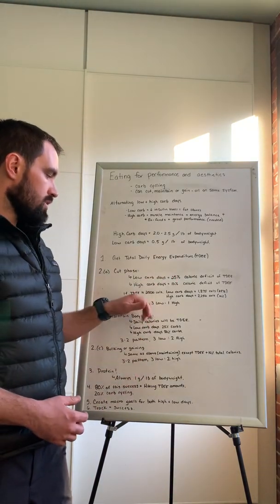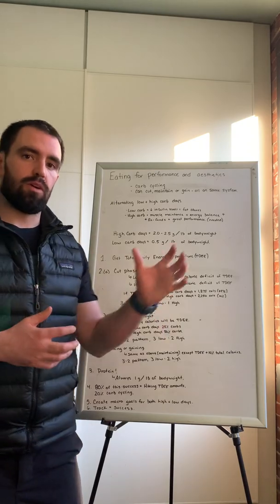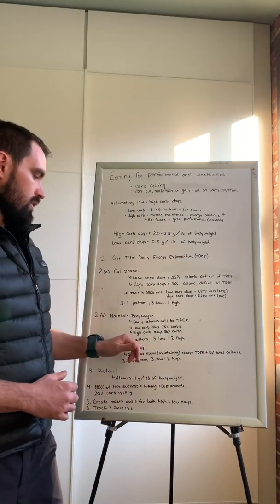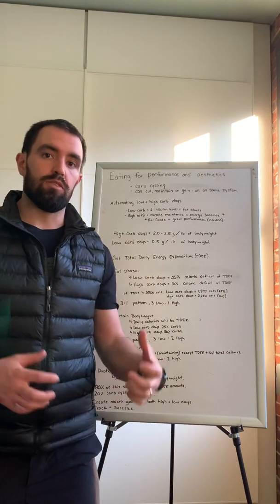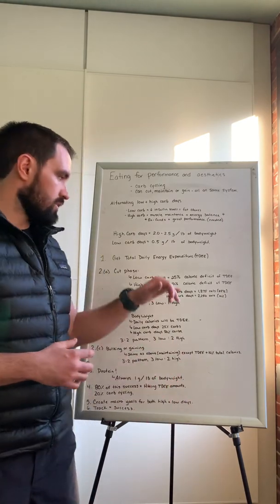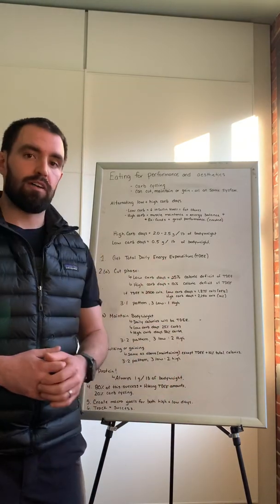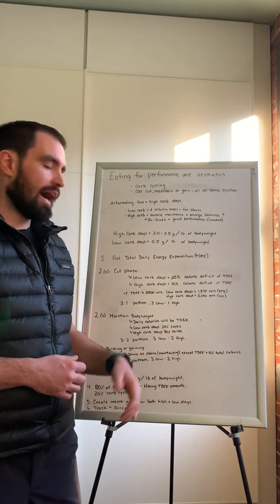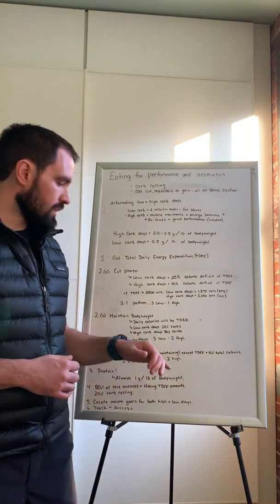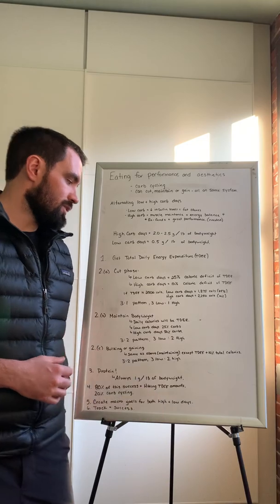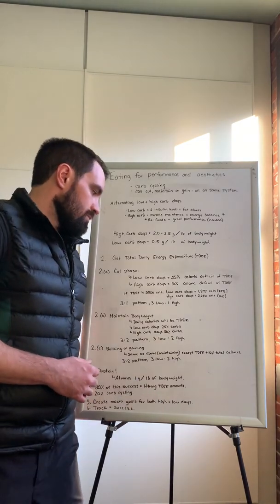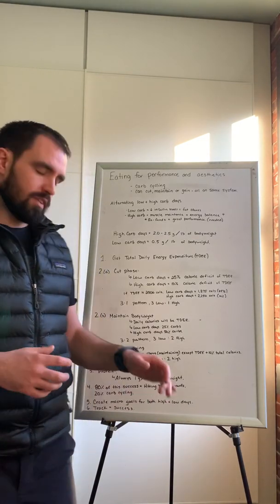Now, similar in that we're going to follow a pattern as to our low days and our high days. We're going to do a 3-2. So 3 days of lower carbohydrate, again still hitting your 2,500, but it's the 25% carbs. And then 2 high days, okay? And that's again going to be 50% carbs. I'm going to get a little more into the details of this as we get further.